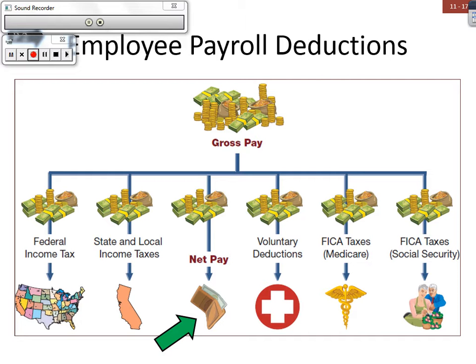Let's see, I don't think they listed that way in your book. No, they don't. So let's go by what they have in the book. So FICA Medicare and FICA Social Security. Now,